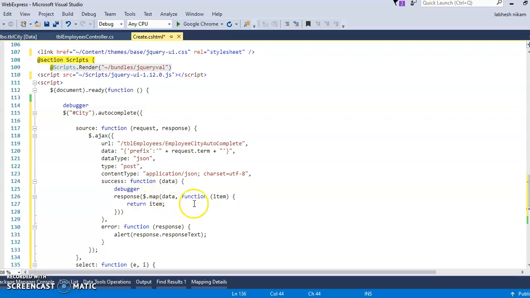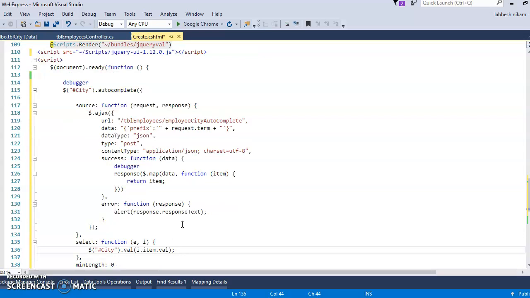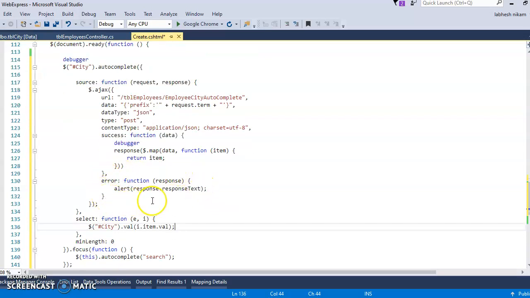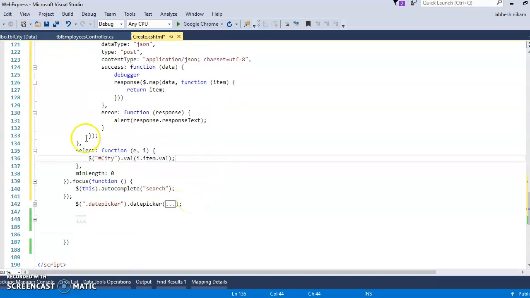This map function will map the data at the table side using the prefix character given by the client. If not success, then give the error. After the word is selected you have to minimize that list.